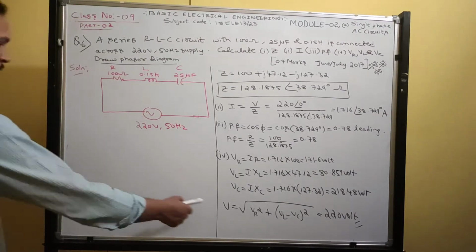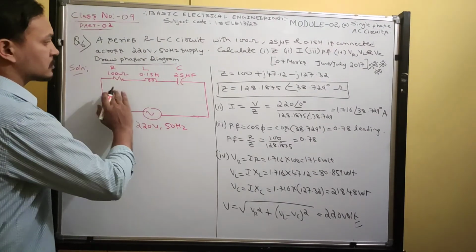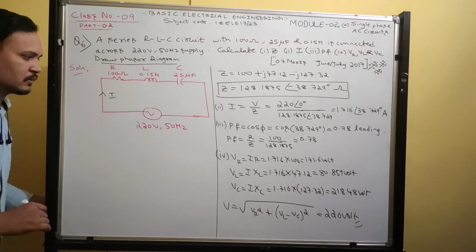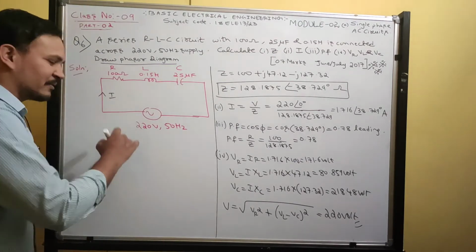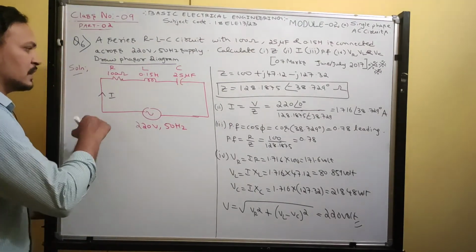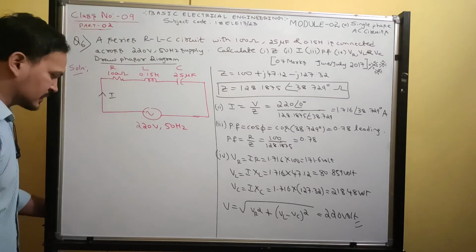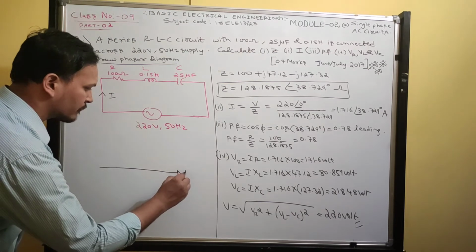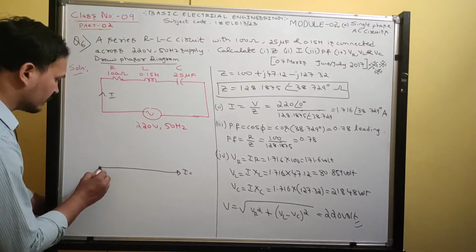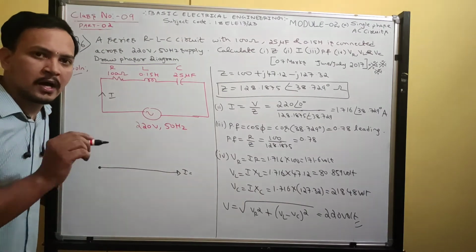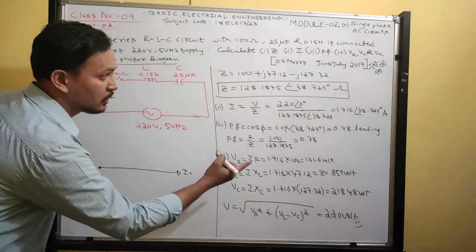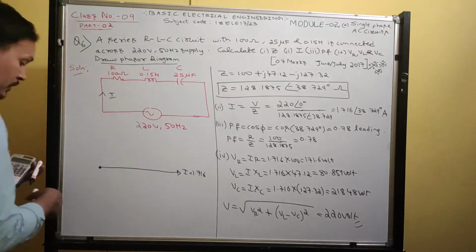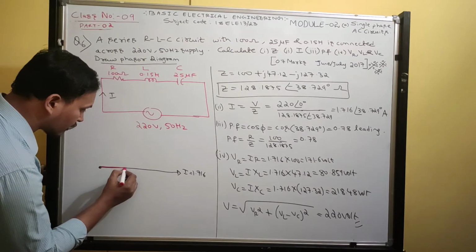Okay, now look here. Phasor diagram. What type of circuit? Series RLC circuit. So you should take current as a reference. We solved the problem with the given data, voltage as a reference, but write the phasor diagram with current as a reference. So draw current as the reference. What is the magnitude? In a phasor diagram, all the phasors should be represented in RMS value. What is the RMS value of current? 1.716.